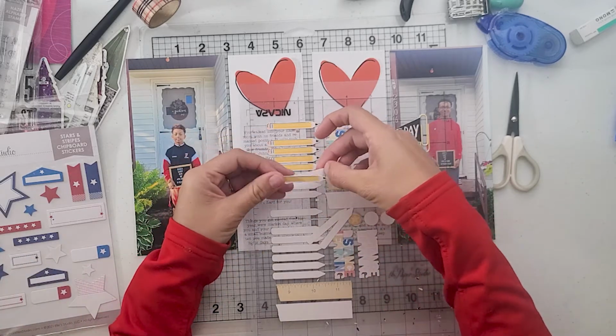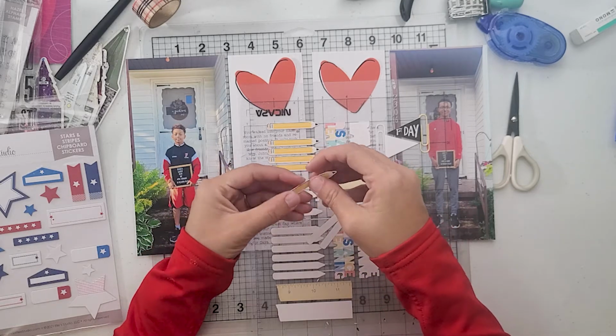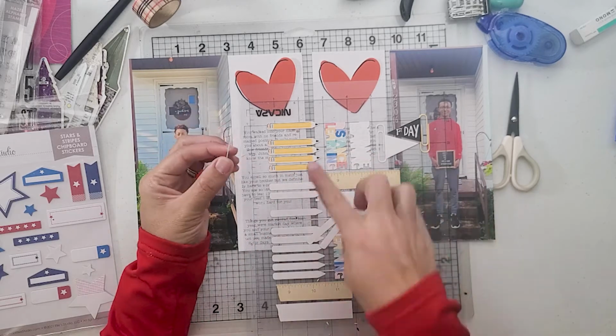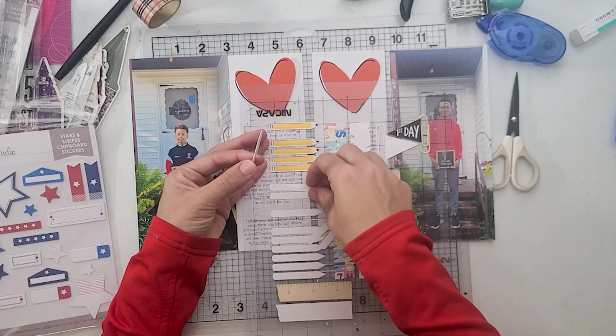But in order to make these a little bit more thick or dimensional, I have used my Silhouette to cut out one of the pencils, and I am just going to put a few pieces of,